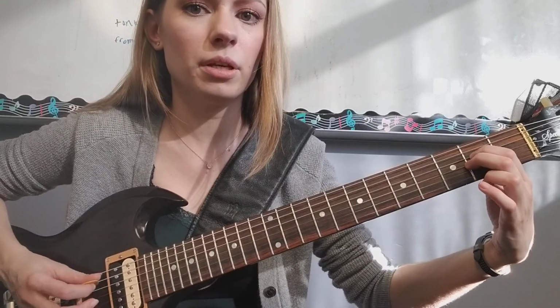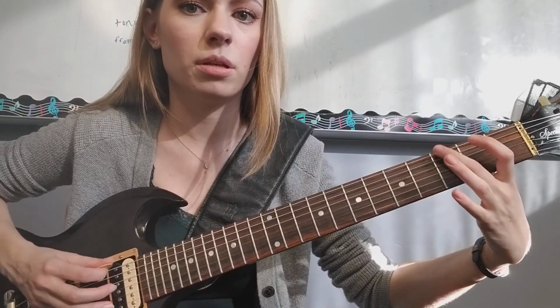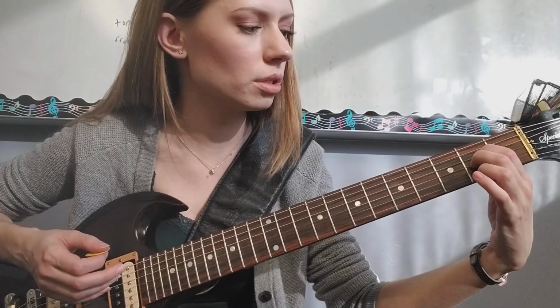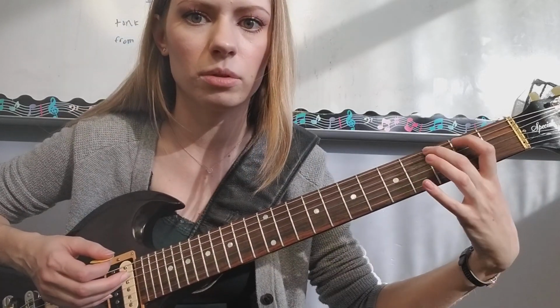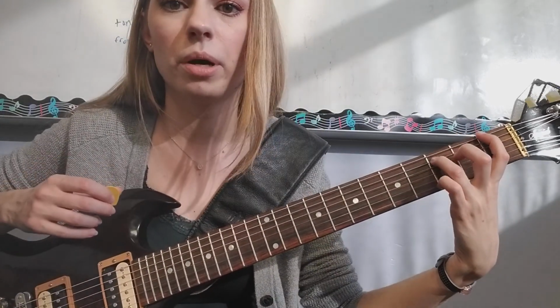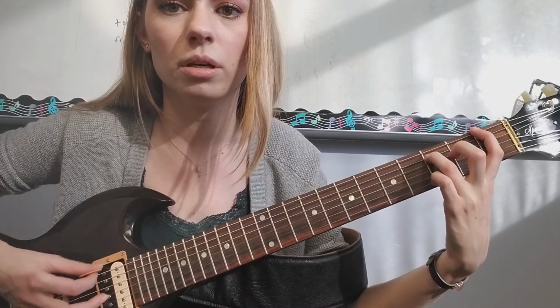Notice again, I'm not lifting, because then it's not going to have the same effect, right? So you're just thinking now in shapes when you're placing down your fingers. Then the next chord after that is basically like an F power chord, the F5, right, the one that